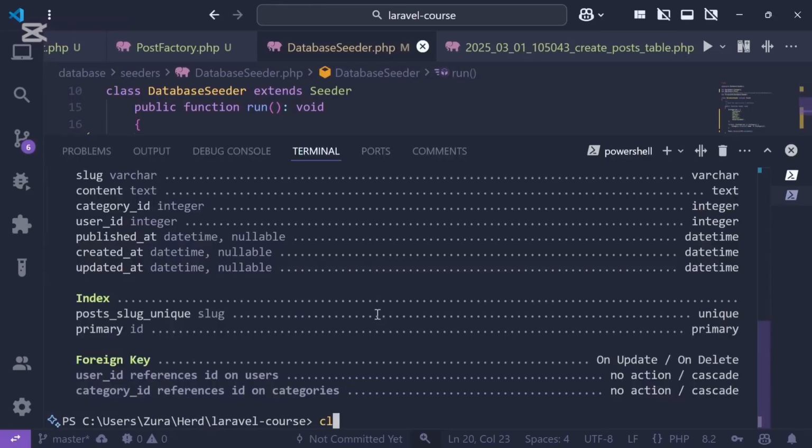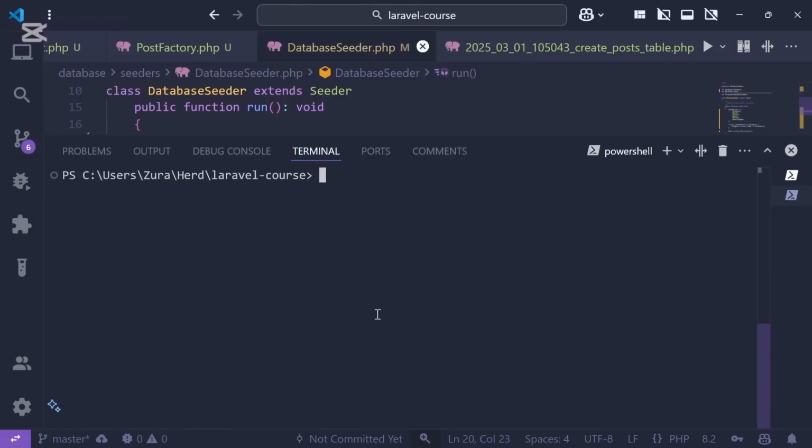How can we execute that database seeder to actually create the data? There are two ways. One of them is we can execute the seeder alongside the migration. So when we execute PHP artisan migrate,